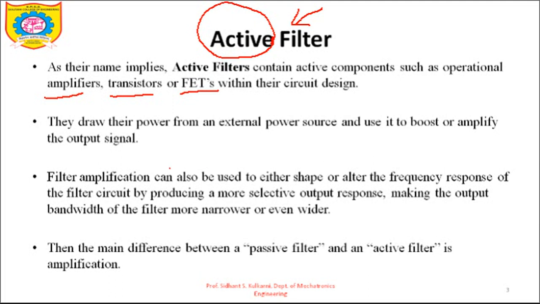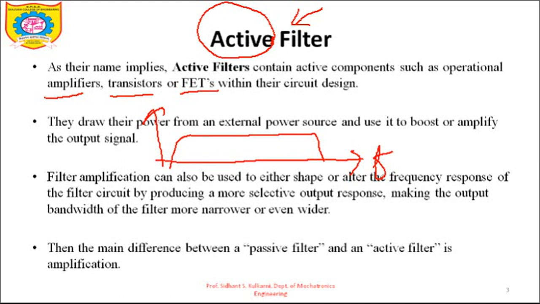See, what do we mean by bandwidth first of all? Let's say it is a graph of gain versus frequency. This is the graph of gain. The gain can be in decibels also, but we will just consider the absolute value of the gain and frequency. So let's say for a low frequency signal it gives low gain, and for a certain band of frequency it gives a constant gain, and after that when we go to higher frequency, the gain is further reduced. So this is the band of frequency over which the amplifier can produce adequate gain, and that is called the bandwidth of the amplifier.